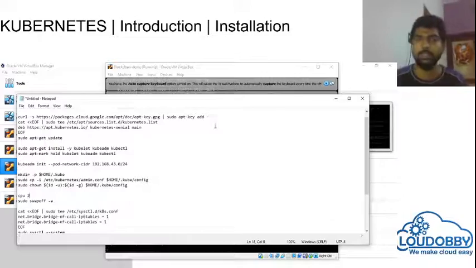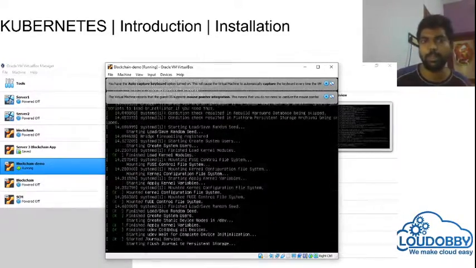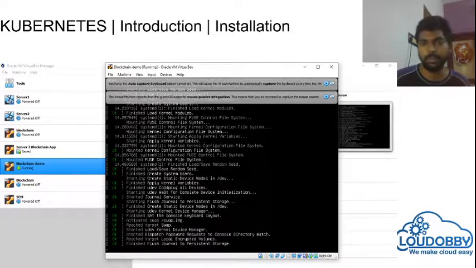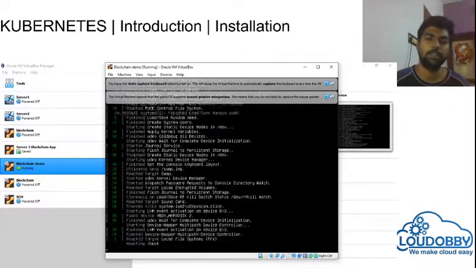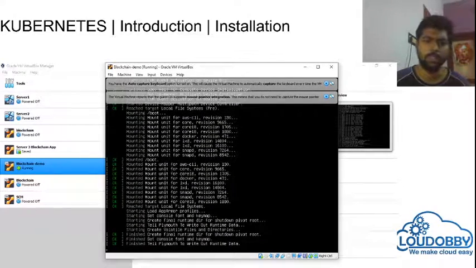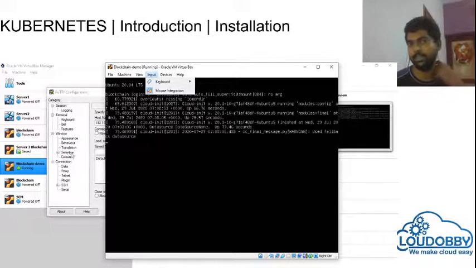Since it's a virtual CPU, even if your CPU count is lower, you can give it 2 CPUs. If you are trying it in any cloud, we will see that later. But right now this is our local setup. You take SSH of it.